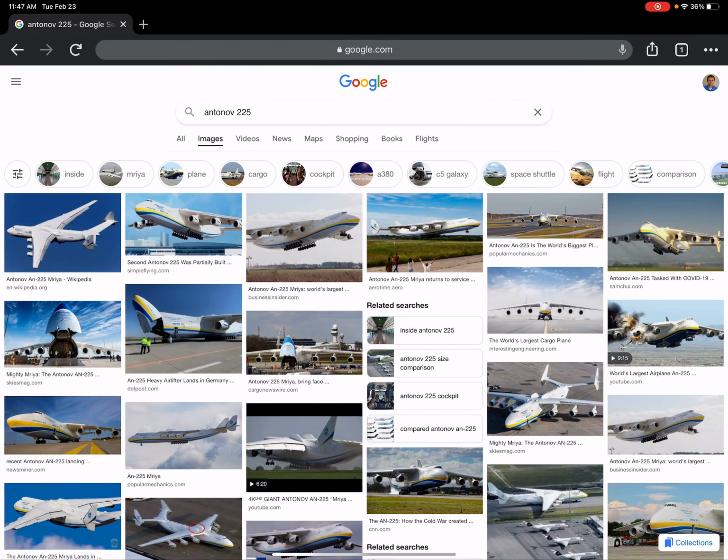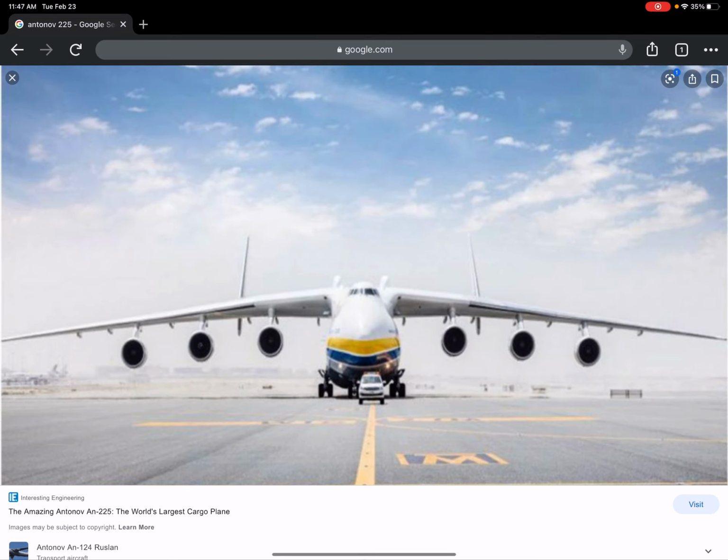The Antonov 225. This is a very large aircraft with a very large fuselage, and so let's look at this image here. This is of it sitting on the runway. This is a high wing configuration. You can see that fuselage is massive, and so that's creating quite a bit of dihedral effect because it's a high wing, and so they've actually built in some anhedral into the wing.